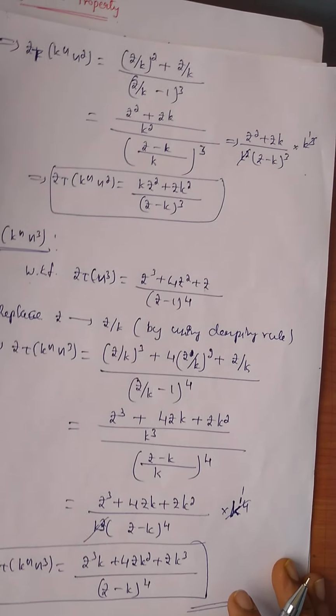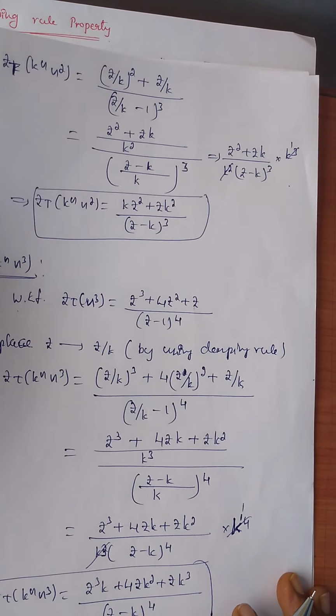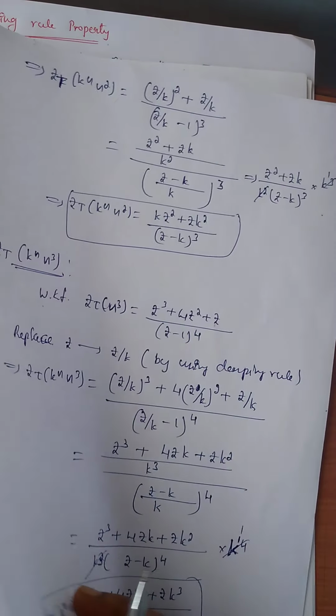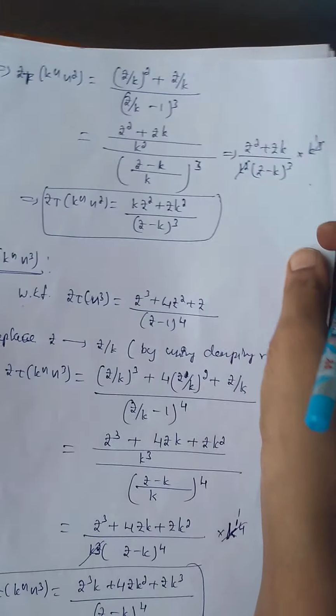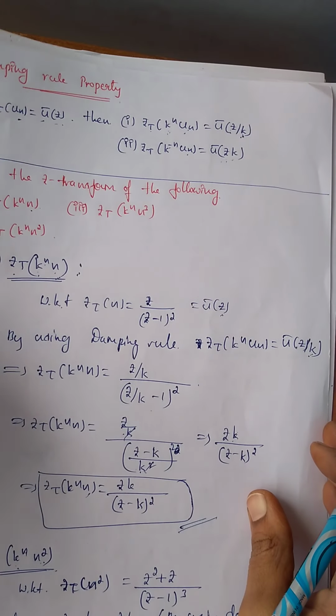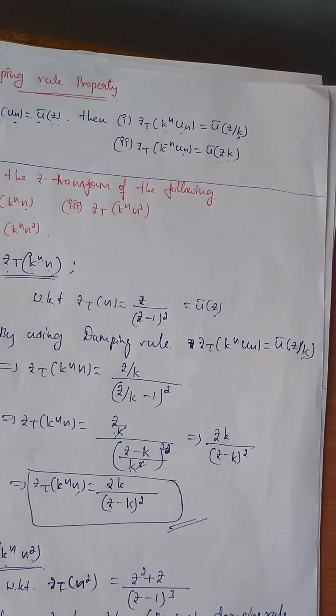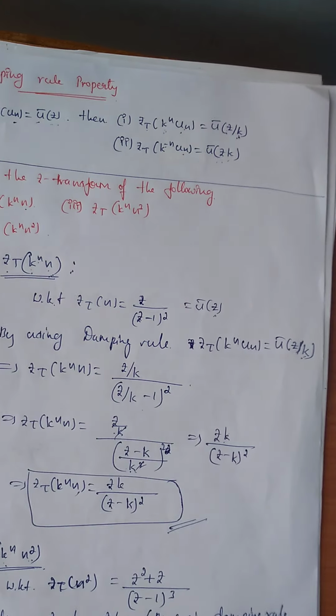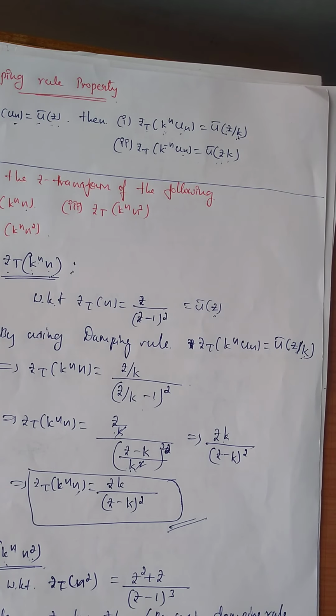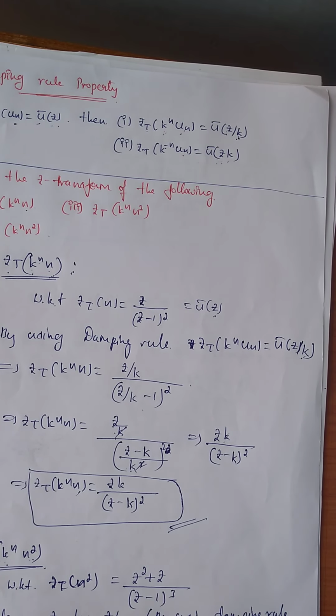These are all very important formulas. These formulas we have to use in the inverse z transform also. The z transform of k to the power of n into n, the z transform of k to the power of n into n cube, the z transform of k to the power of n into n square, and the z transform of n square and n cube. These are all very important formulas we should use in the next inverse z transform, and in difference equations also we should use these formulas. Okay, thank you.